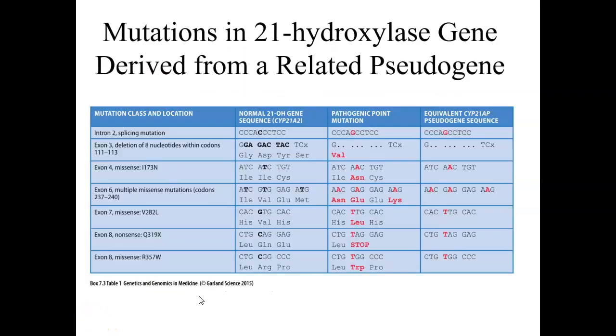This is a pretty interesting slide. This talks about 21 hydroxylase gene, which produces a basic protein called steroid 21 hydroxylase. If you have a deficiency in this, that's one of the major causes of congenital adrenal hyperplasia. And so there are mutations that we can find through DNA testing for this. But just to show you the idea, these are all of the different, or actually not all, there's more than this,